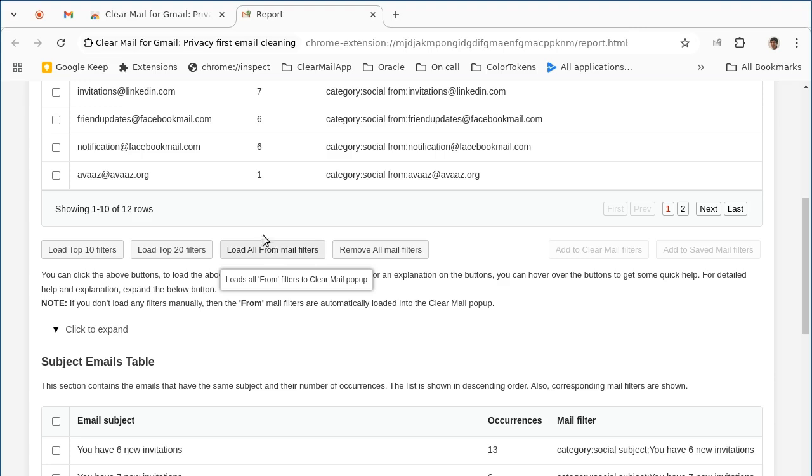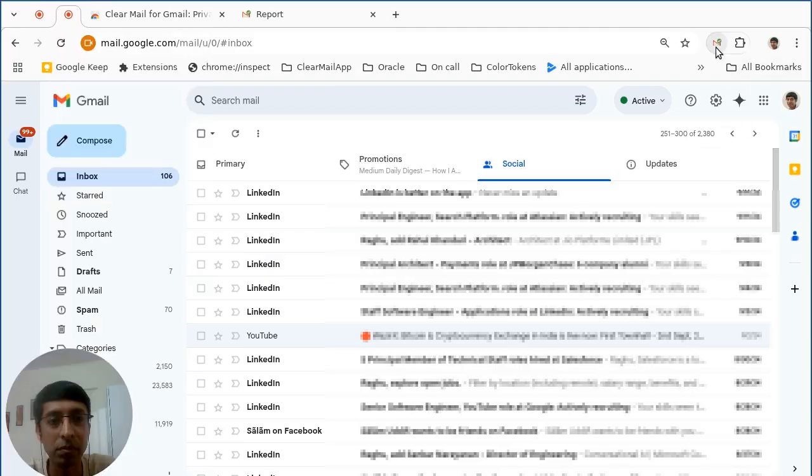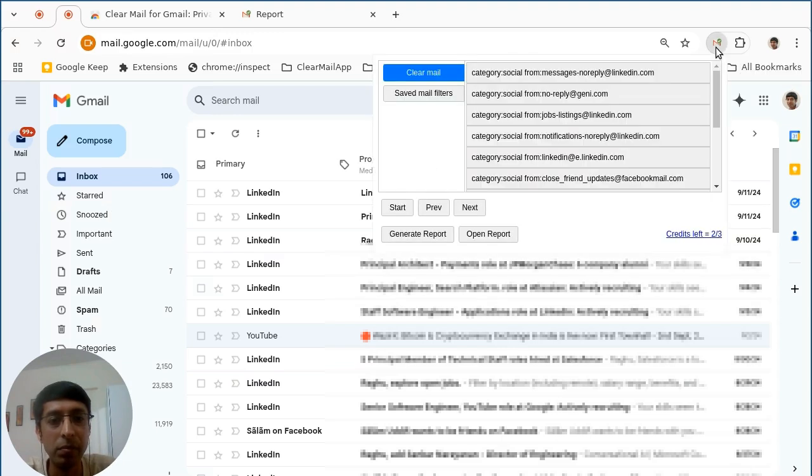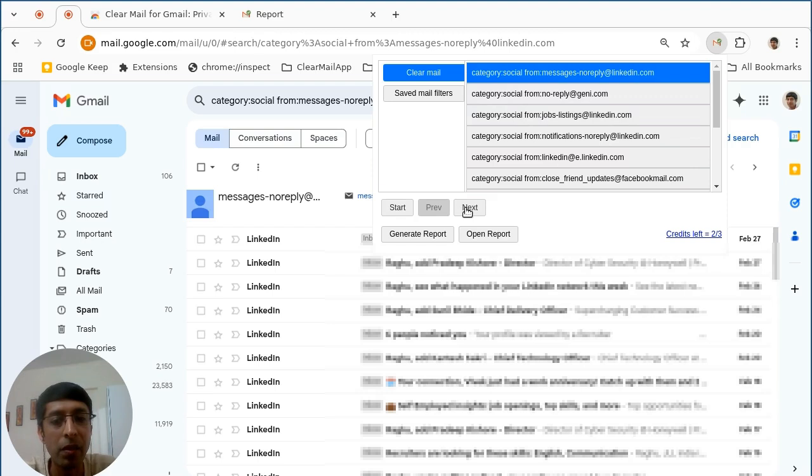Step 4, now I move back to my Gmail tab and click the pop-up icon. And now you can see ClearMail tab is loaded with all my filters. So you can see my most frequent senders here, and now I click on Start button. This will load the first filter and you can see all my emails from the sender, in this case LinkedIn,